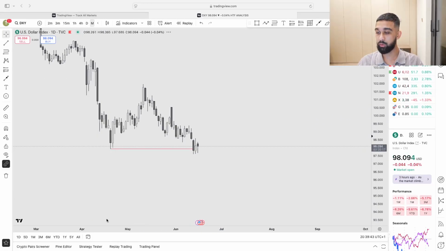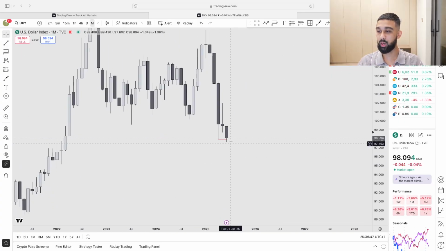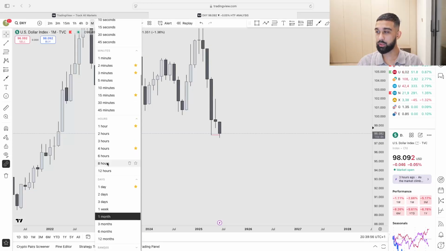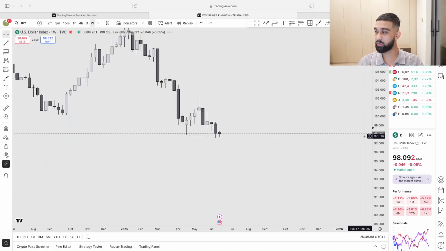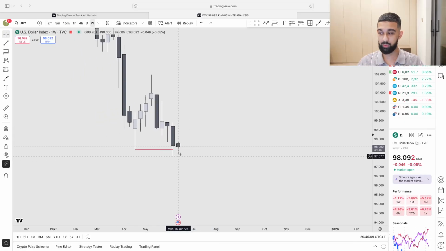So starting again now from the monthly time frame, as we obviously know, we've just taken out previous monthly lows, and that's where we kind of left off from last week. We're kind of in the same range right now. On the weekly chart, not really anything else to add apart from the same exact scenario. Weekly bearish order flow. We took out the previous weekly low last week, and this current week candle has not taken out the previous weekly low just as of yet. We've traded pretty far towards it.